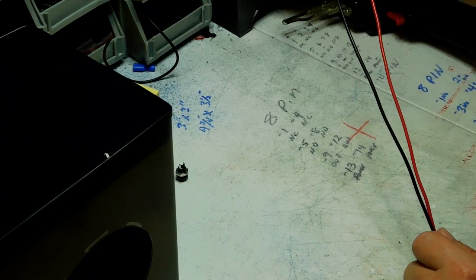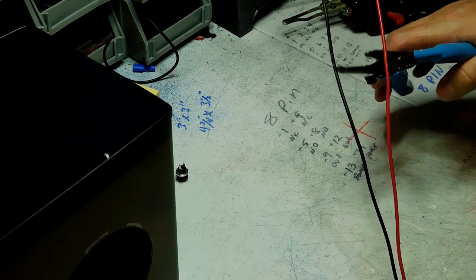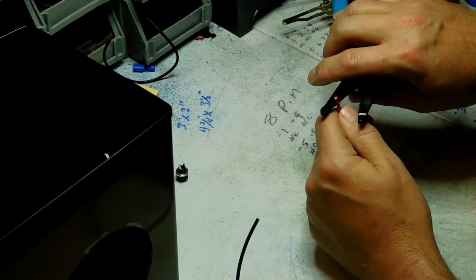Let's go ahead and get my wire cutters, wire strippers. And that should be enough right there. Alright, so we're going to go ahead and...